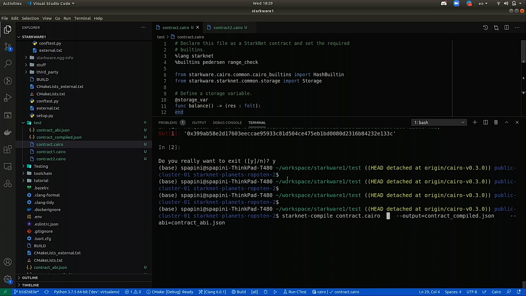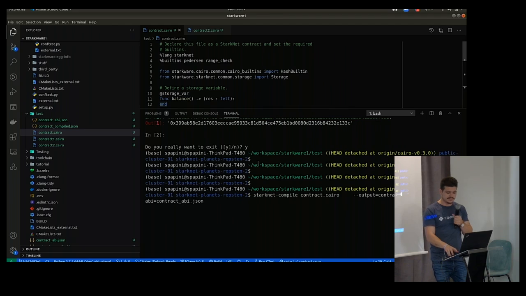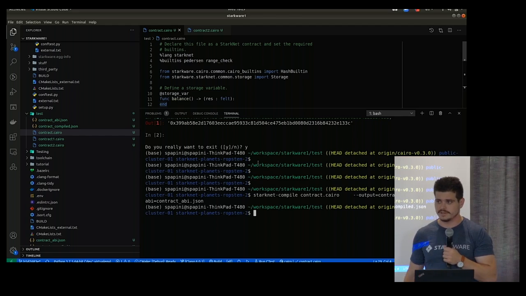I tell it to compile this file and output both the compiled bytecode and the ABI, which I can use to make call and invokes later. Okay, so it's compiled. I just want to say, if you want to do this with me, you can download this contract